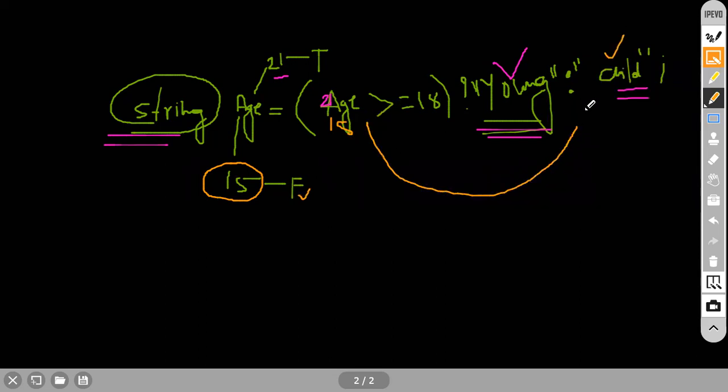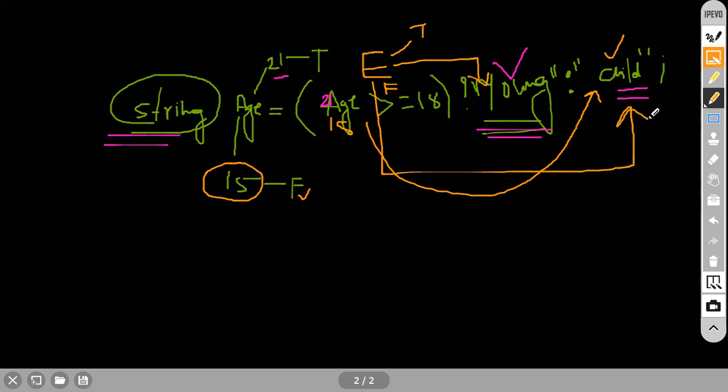The control is going to move to this particular expression. That is exactly what I'm talking about. So this is an expression. If the expression is true at first, it is going to execute this one first. If the expression is false, it is going to execute the second expression. This is expression number 2. This is expression number 1. That's it.